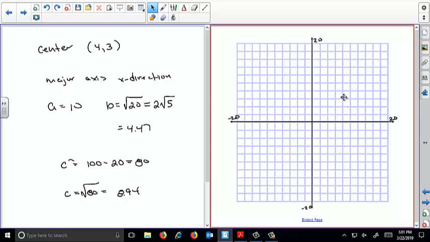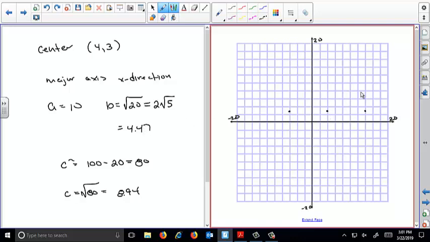So now I'm going to rewrite this. So what are we? We're 4, 3. So just erase that. So this is 2, 4, 6. So 1, 2, 2, 3. That puts me right here. Then we go 10 units. So this is 2, 4, 6, 8, 10. That's there. 2, 4, 6, 8, 10. Puts me there. Then from the center I go up